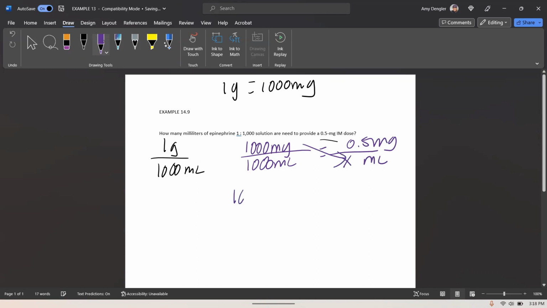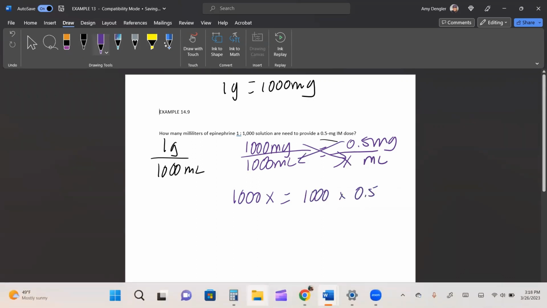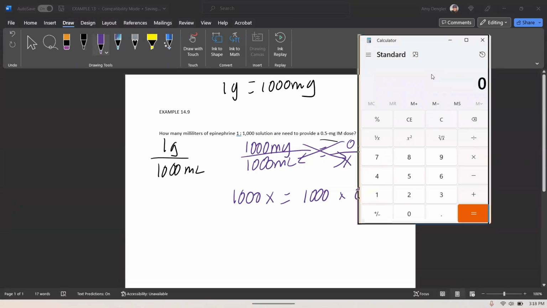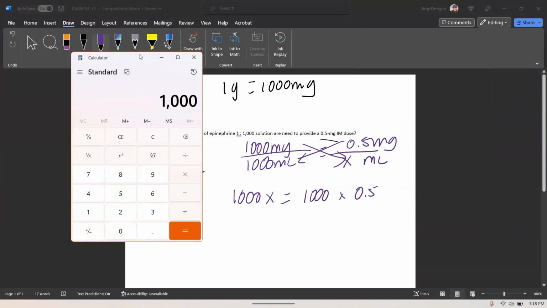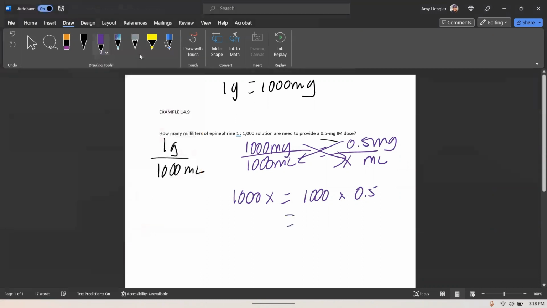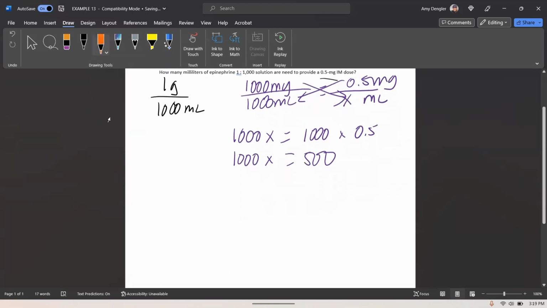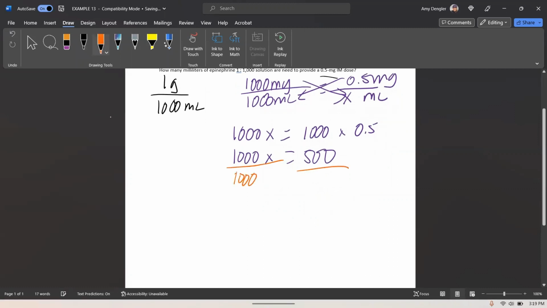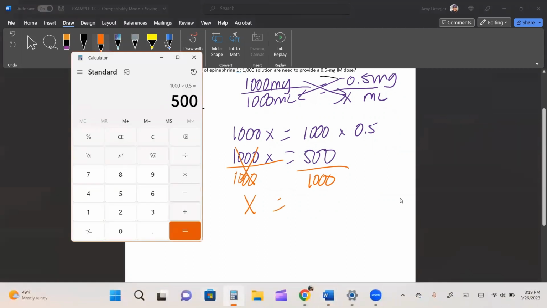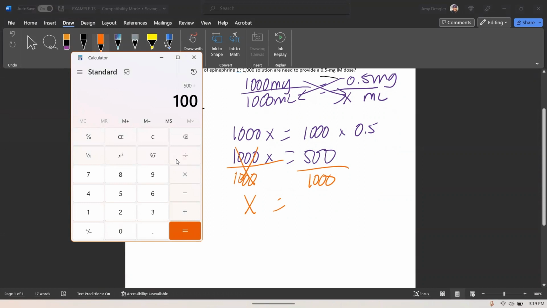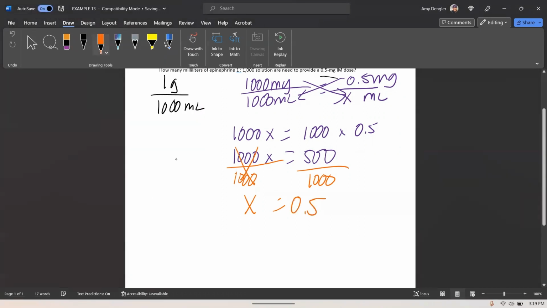So we would do 1,000x is equal to 1,000 times 0.5. So 1,000 times 0.5 is 500. Still gonna carry my 1,000 down here. Now I need to get rid of that 1,000 because I want to get x alone. So to do that, I'm going to divide both sides by the 1,000. I get x alone here. And 500 divided by 1,000 is 0.5